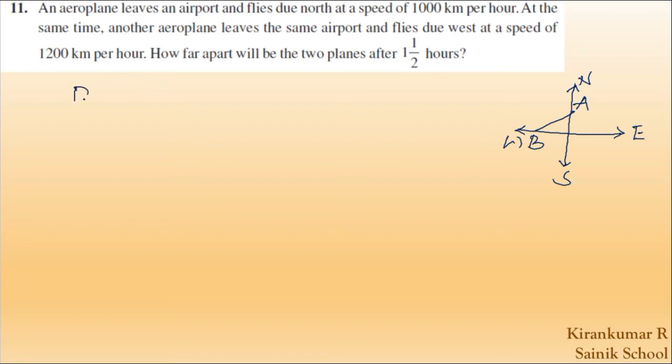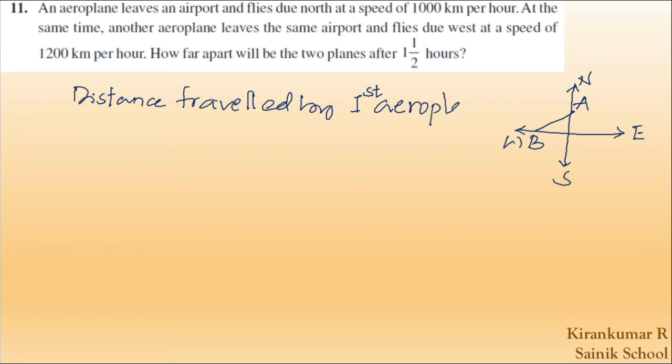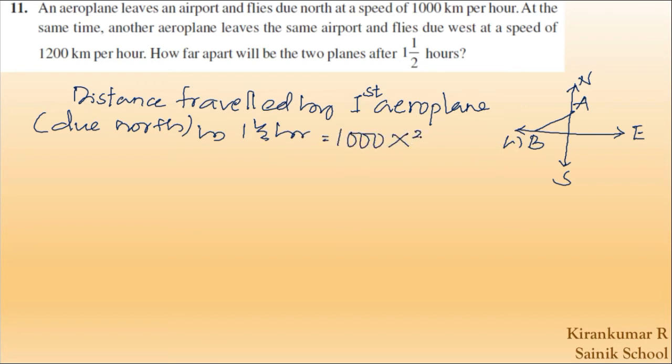the distance traveled by first aeroplane due north in 1.5 hour is 1000 kilometer per hour multiplied with the time. We get the total distance as 1500 kilometer. So this distance is 1500 kilometer,